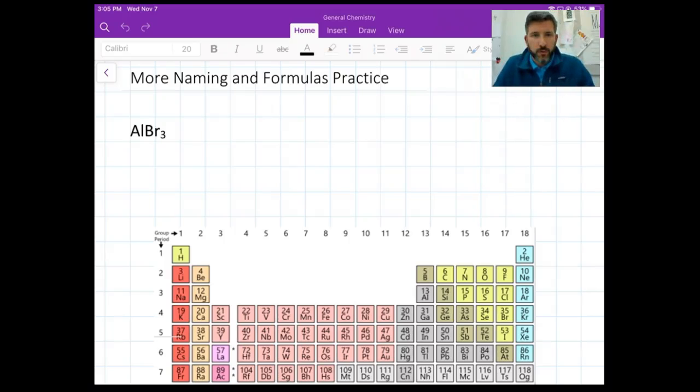So these are a little bit more practice with naming and formula writing for ionic compounds. I picked a couple that people struggled with on the quizzes that we did in class. So let's start with this one,